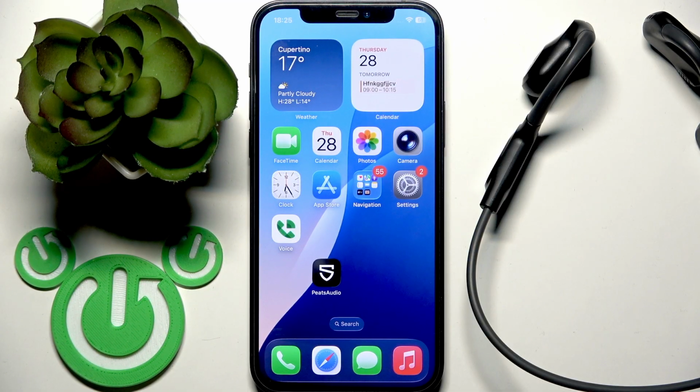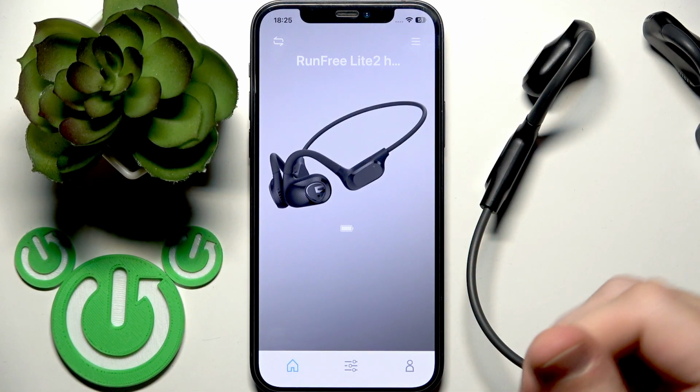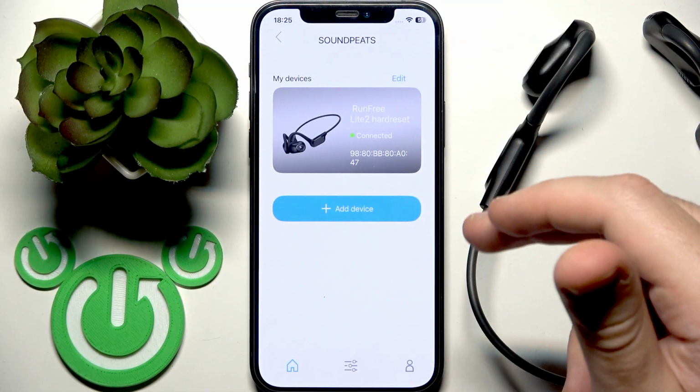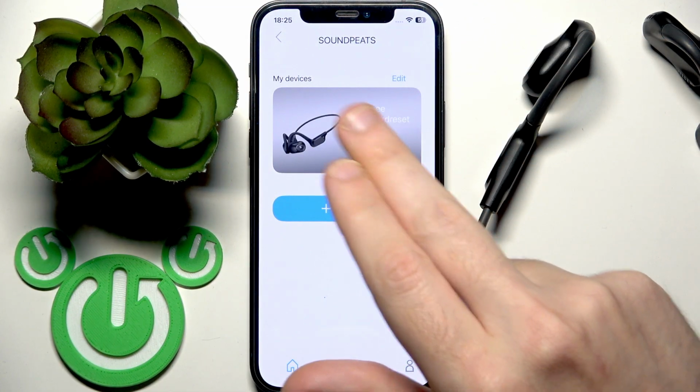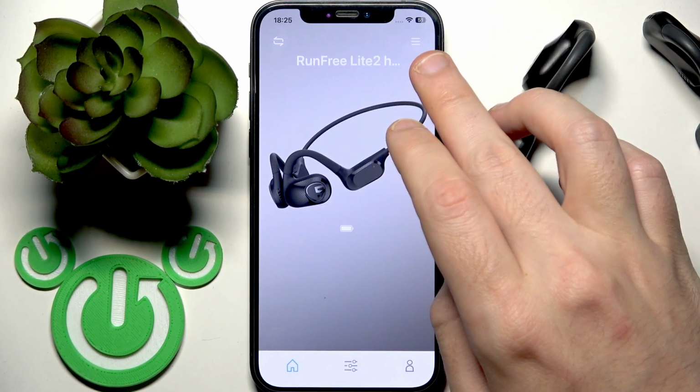You have to start by opening the Peats audio application, and your headphones should be connected with the app. Then the application opens the headphones menu, but if you are in the main menu, you need to tap at your headphones here at the device list. Then click at the three lines at the right top,